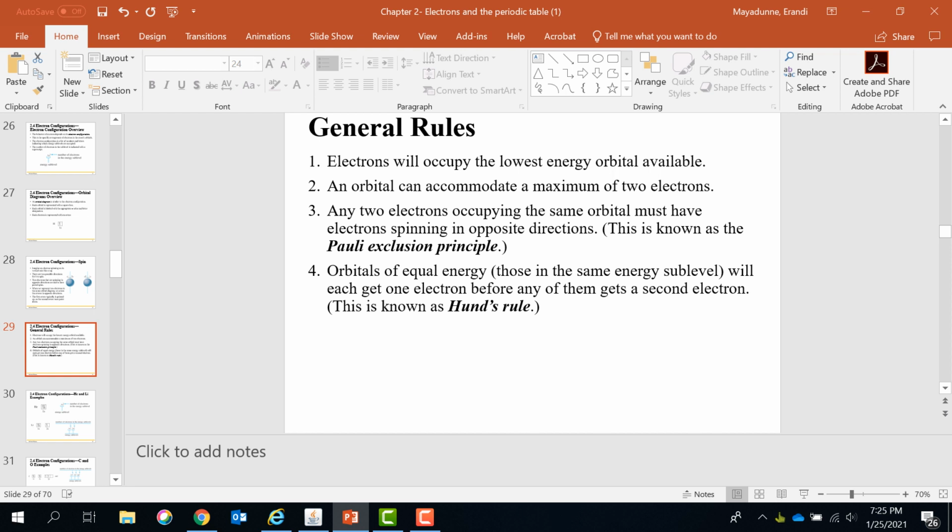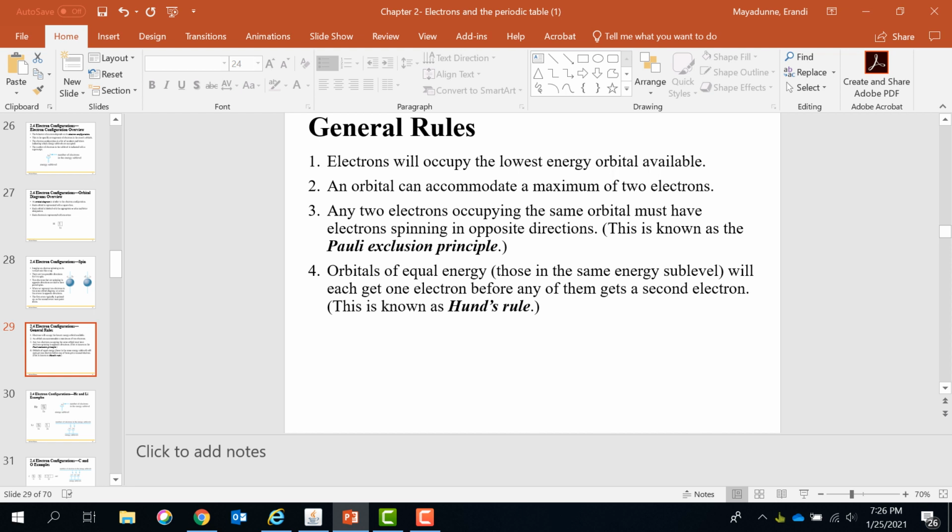6. Remember I told you the p orbital can have 3 different arrangements. So px is one orbital, py is another orbital, pz is another orbital. So each orbital can hold up to 2, times 3, 6. And then there's another rule, Pauli's exclusion principle. Any two electrons occupying the same orbital must have opposite spins. That is mainly used when drawing the orbital diagram. I will show you. Hund's rule: